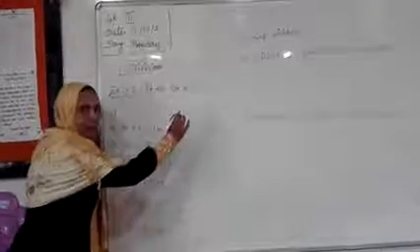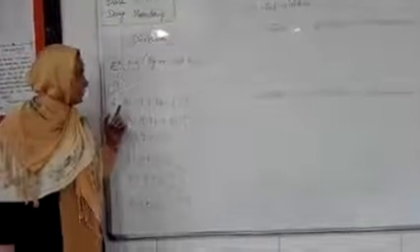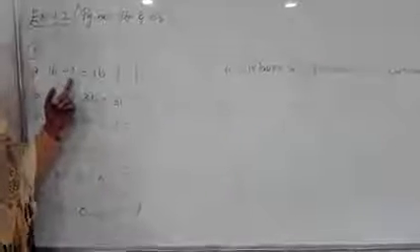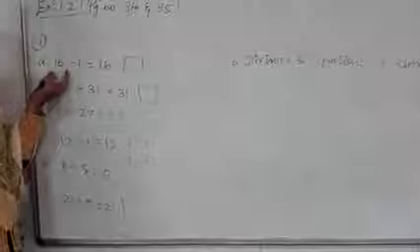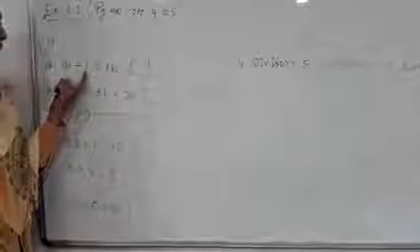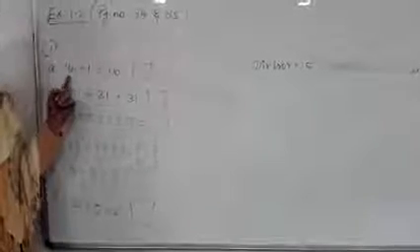See the first sum, you are going to check whether the statement is correct. If it is correct, you put a tick mark, or else you put a wrong. That's all. How can we check whether the statement is correct? If any number, whatever the number may be, is divided by 1, the answer should be the same number.